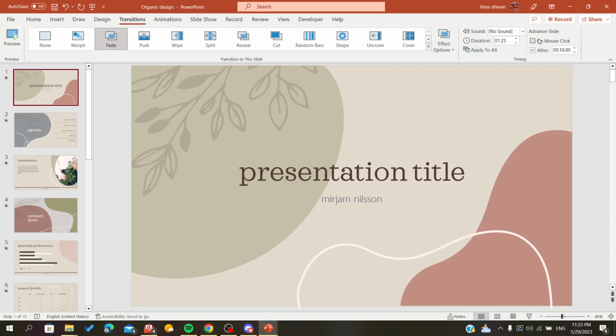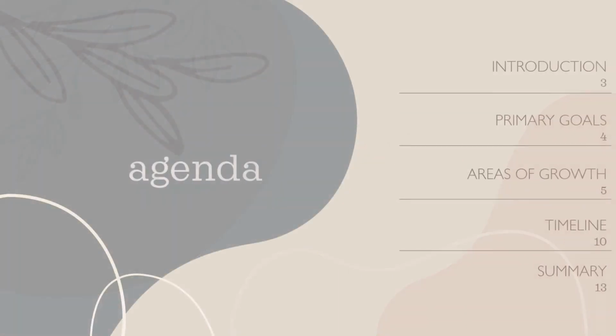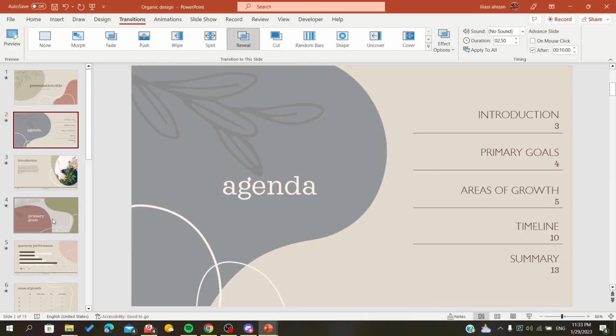And as I told you, we made sure that on mouse click is unchecked. So now we will start watching, and the presentation will start to transition from one slide to another automatically. As you can see, I didn't touch the keyboard or the mouse, and it starts sliding or